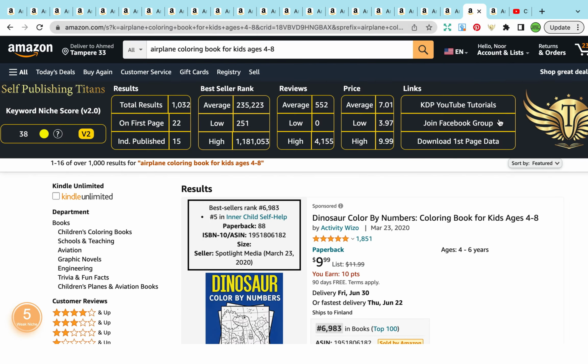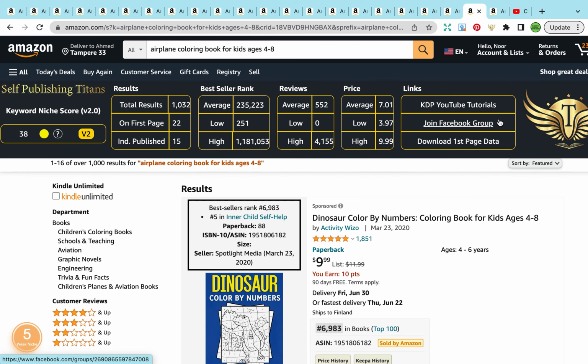Airplane coloring book for kids ages 4 to 8 has a keyword niche score of 38. I wouldn't be too intimidated by the perceived low keyword niche score because all the other indicators in the analytics section over here indicate that this is a really good keyword, and one of the biggest indications is the bestseller rank. It is ideally under 300,000 and it is currently sitting at 235,223. Also, the total results are 1,032, so there is low competition under this keyword, and we have the average